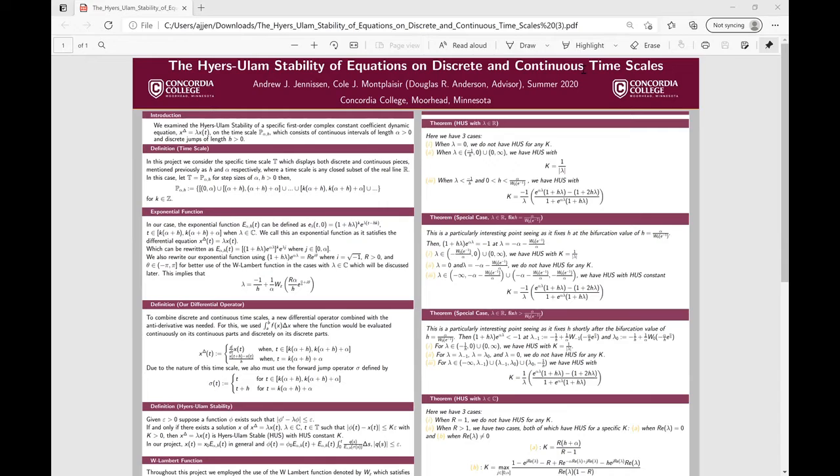And then we would say that if that k exists greater than 0, then the equation is Hyers-Ulam stable at that point with the constant k. In our project, we set x of t equal to x naught, which would be our starting point, times our exponential function. And in general, when we convert that into the phi for our full equation, we would have